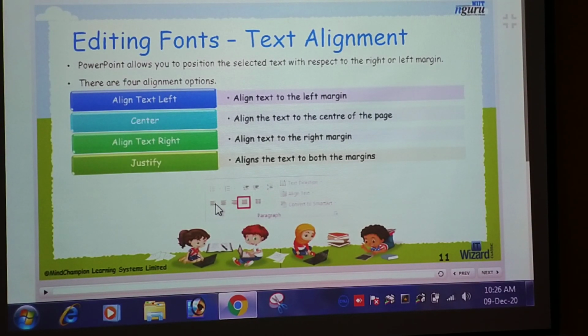It is used to align text to the left margin, and this is the center. Okay, this is center alignment. It is used to align the text to the center of the page, and align text right aligns the text to the right margin, and justify aligns the text to both margins, both sides. Okay.